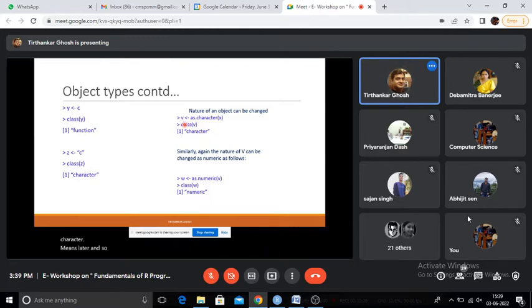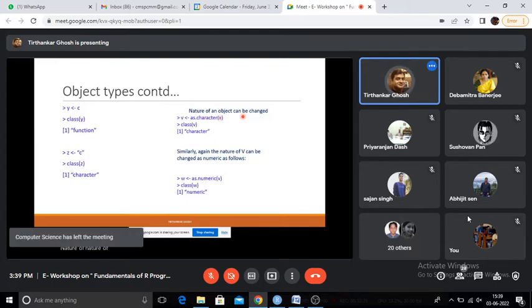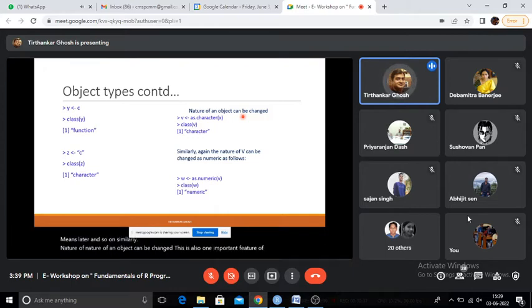Similarly, the nature of an object can be changed. This is also one important feature of R, that if some variable has by default or somehow been assigned or taken as, say, numeric, we can change the value as well. It's very simple.